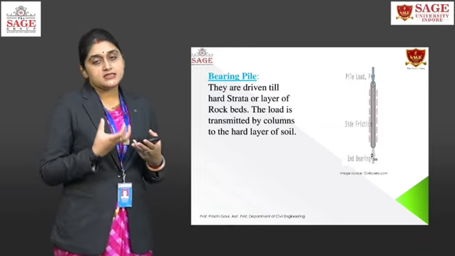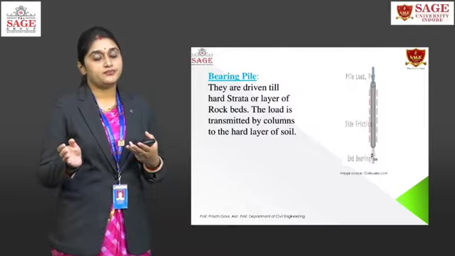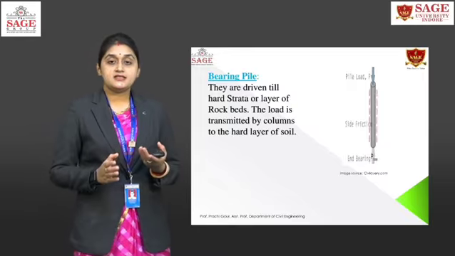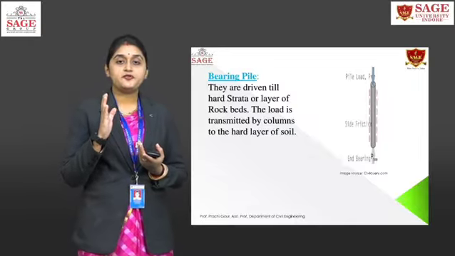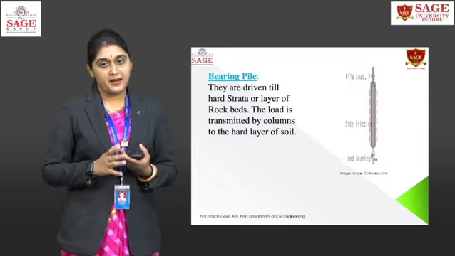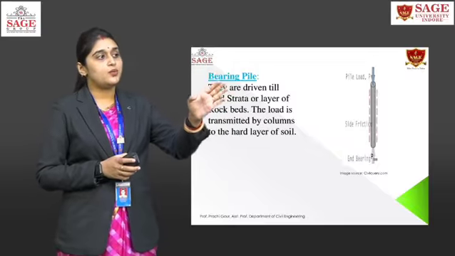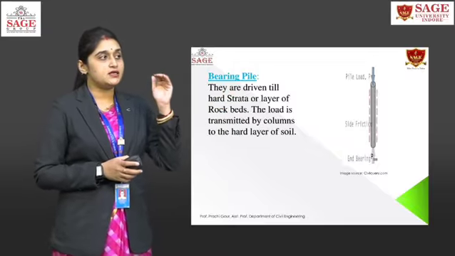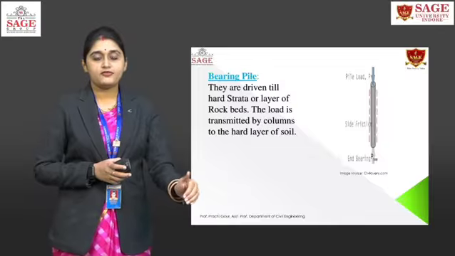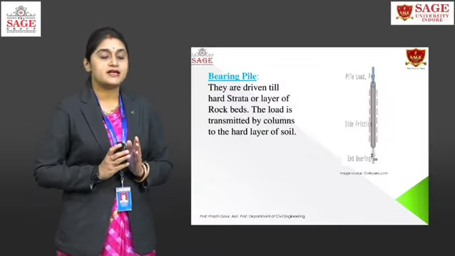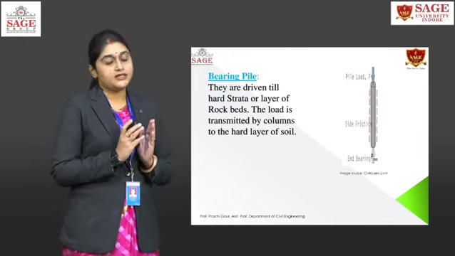When the pile gets inserted into the soil, there is an opposing reactive force which the soil exerts on the pile. You can see the side friction which is written over here, in the opposite direction. So one is the load of the pile that is going into the ground, and another one is the friction force that is coming in the upward direction.